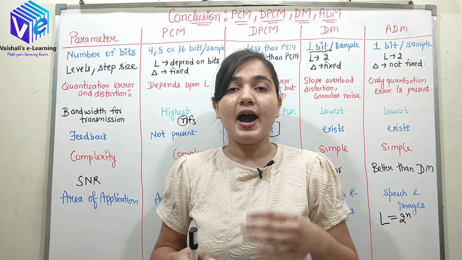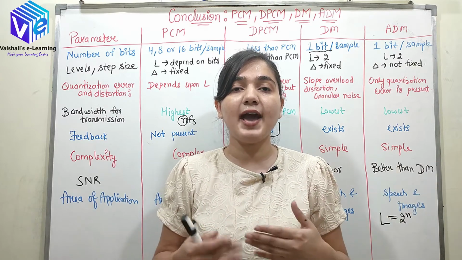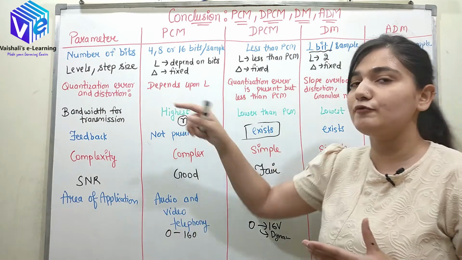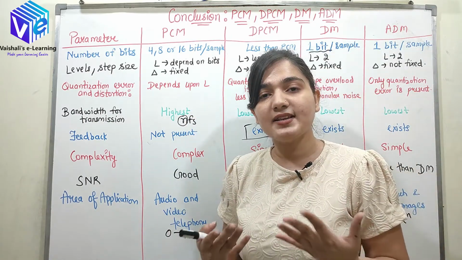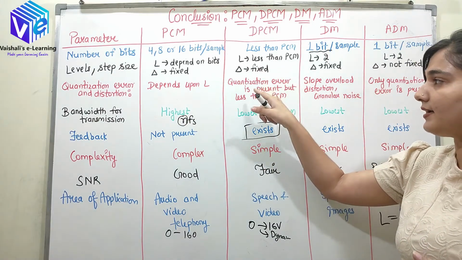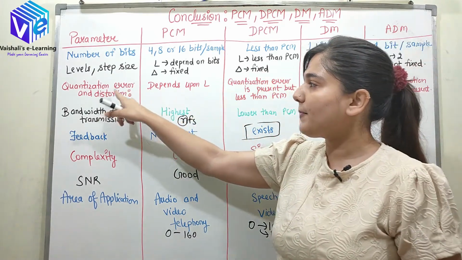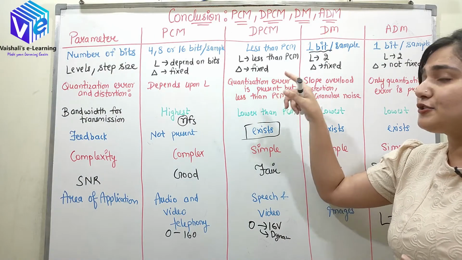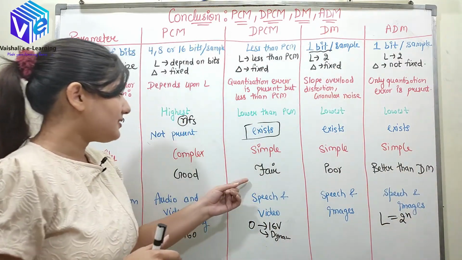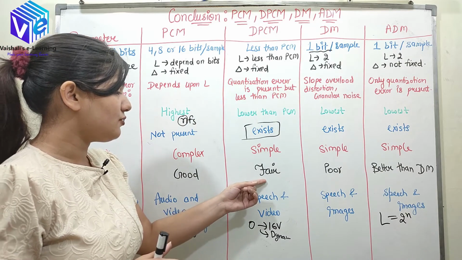If you remember, I said in the receiver we don't have any alternative of the quantization block, due to which quantization error would be present, and we can minimize it by using a larger number of levels. So here the quantization error is less, but I said the signal to noise ratio is fair.